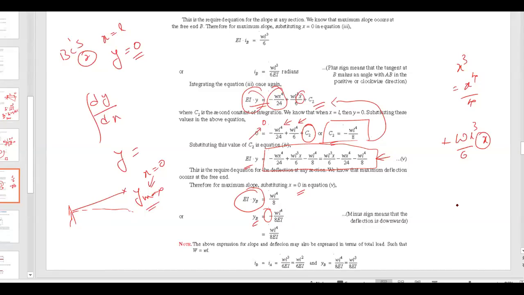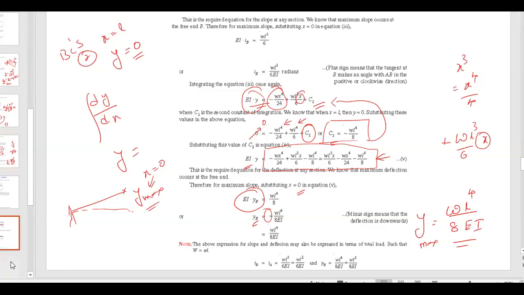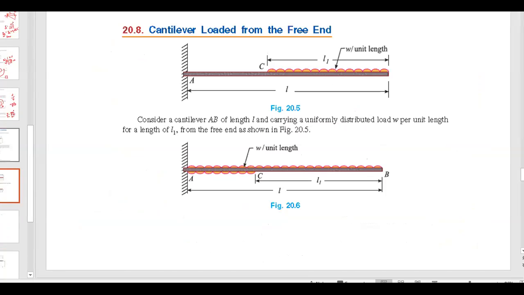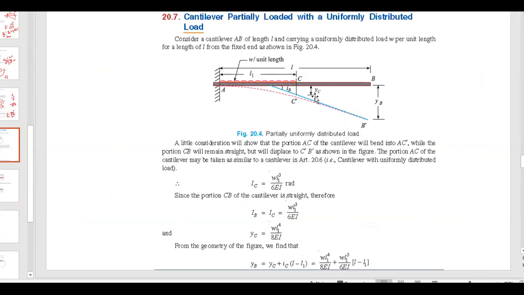Therefore, WL to the power of 4 by 8EI is the standard equation for the Y max at the free end. We need to learn these formulas by heart. Next, a cantilever beam,